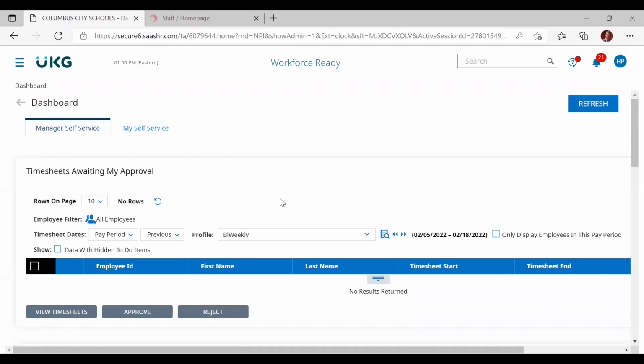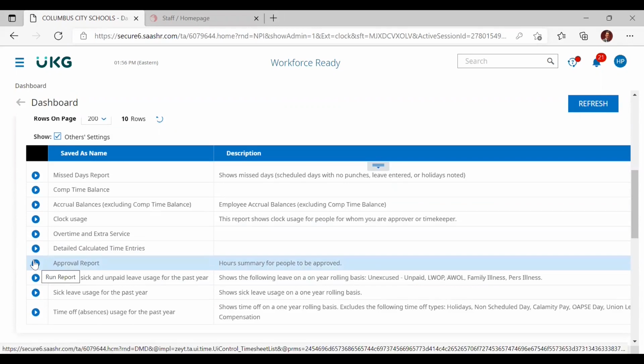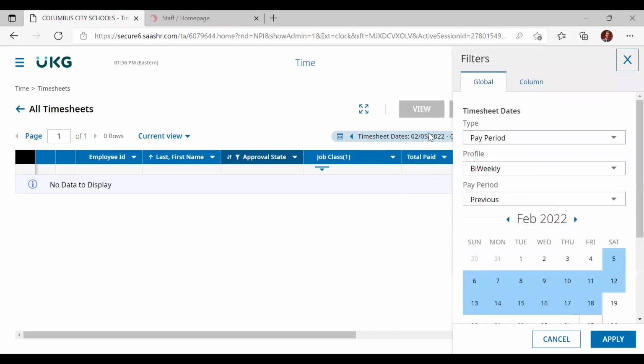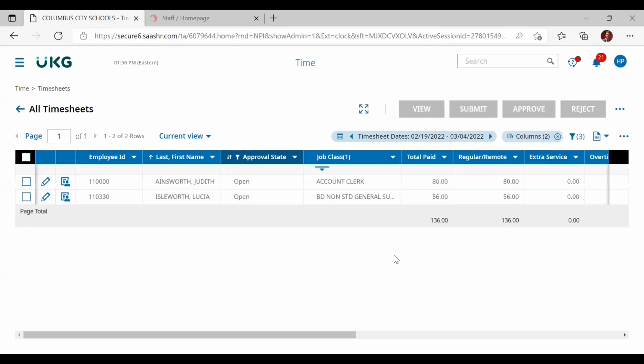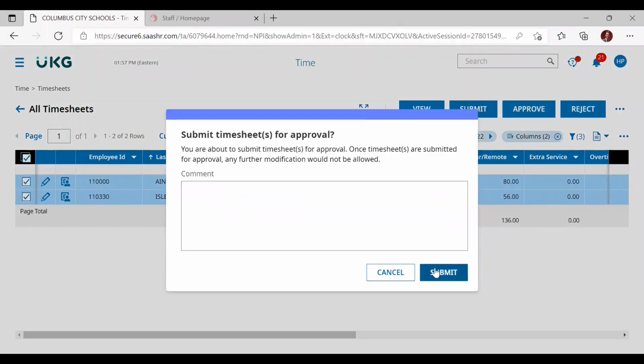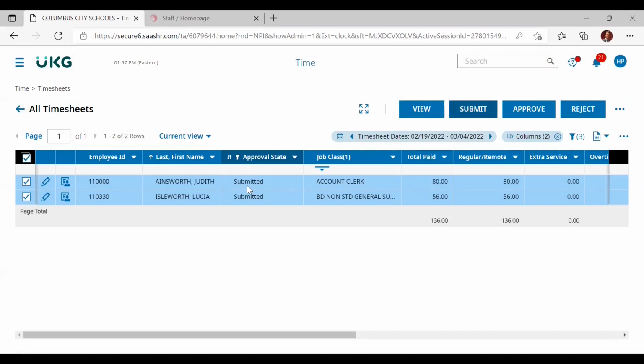To submit timesheets for approval, go to your My Saved Reports. Click the play button next to the approval report. Click in the timesheet dates area. Under pay period, select current and then click apply. Click the black box to select the timesheets and then click select all. Next, click submit. Then click submit again. You'll see that the approval state has changed to submitted, and now the timesheets are in a status that allows